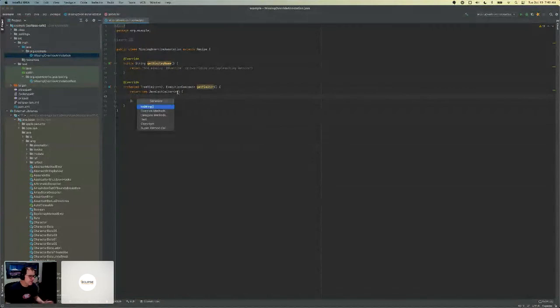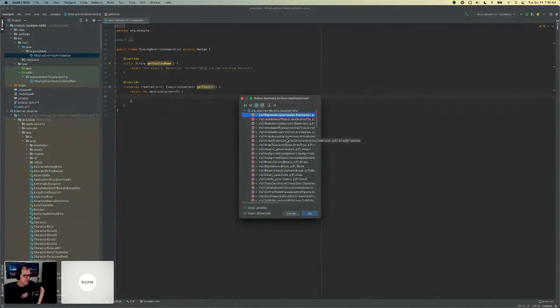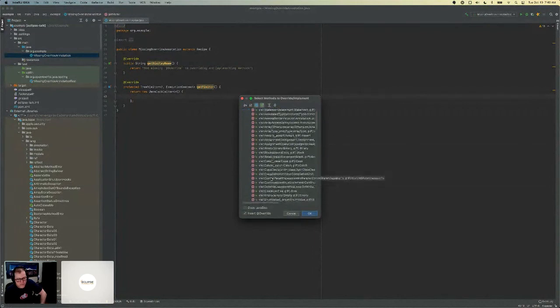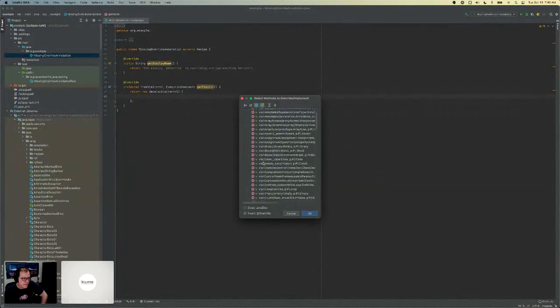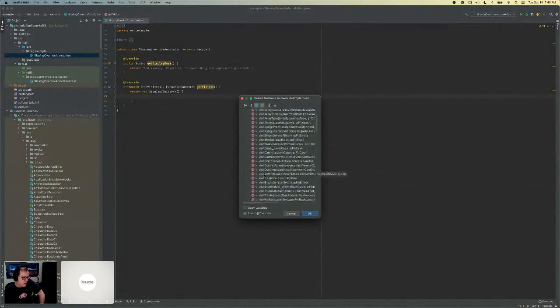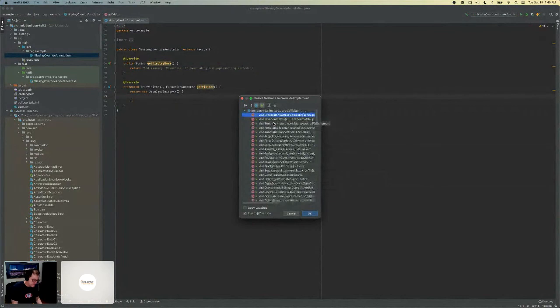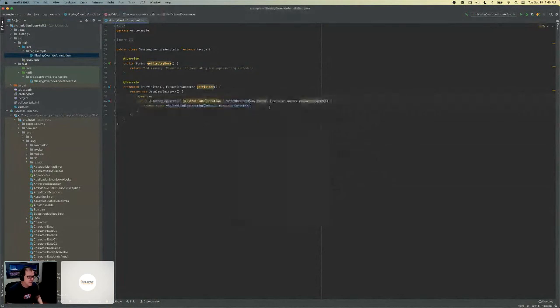So same thing for the visitor pattern, if you look at the methods in the visitor, you're going to find there's a visit for basically every aspect of the Java language. So we know that we're going to be looking for a method declaration. So we'll just do visit method declaration. We're going to override the method. So basically, the framework's going to call into this, and as it traverses the AST and it finds methods, this is the method it's going to call.